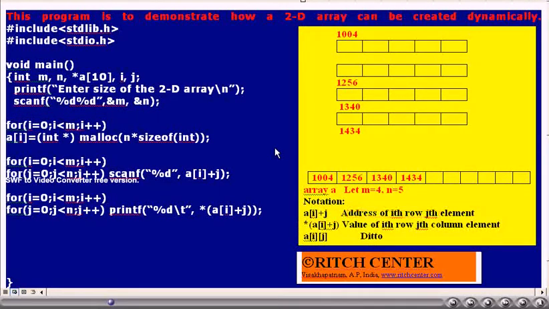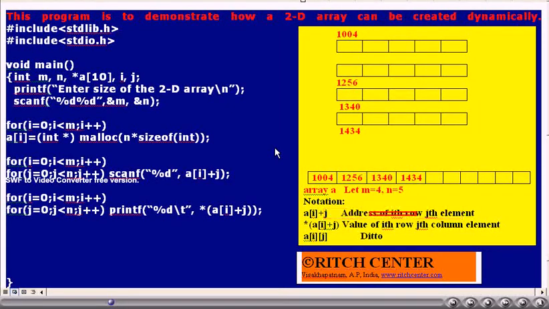Let us try to know the notations which can be used to access the elements of this 2D integer array. A[0], A[1], A[2], etc. are the pointers to the rows of the 2D integer array. Already we know that if we add an integer to a pointer, again we will get a pointer. Thus, A plus i, if i is an integer, is the address of the ith row of our 2D integer array.